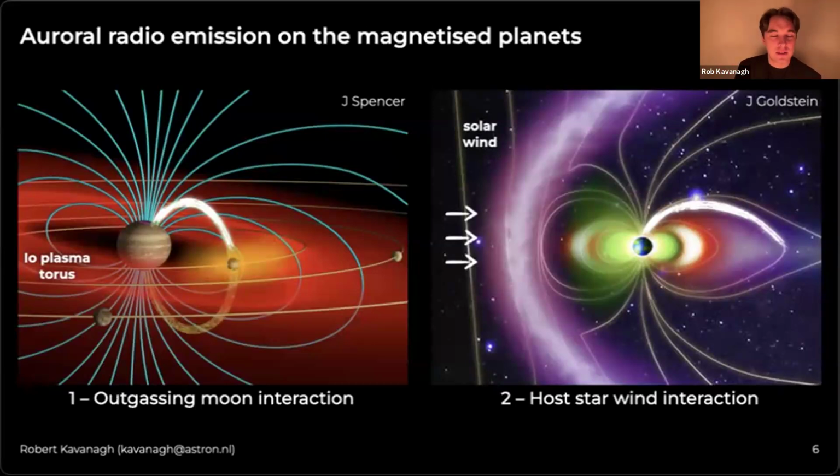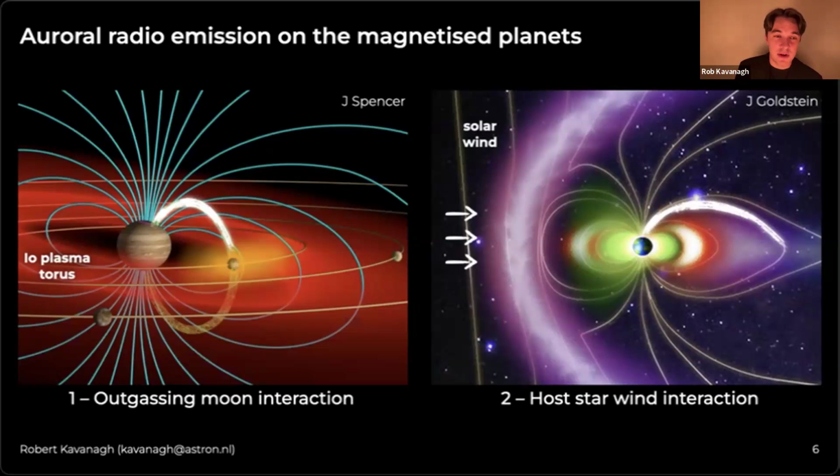And so in the solar system, the magnetic fields of the planets are signaled by radio emission. For simplicity, I've split this up into two separate processes, which are fairly well understood at this point, thanks to many in situ observations with Juno, for instance. The first one, which you can see on the left here,